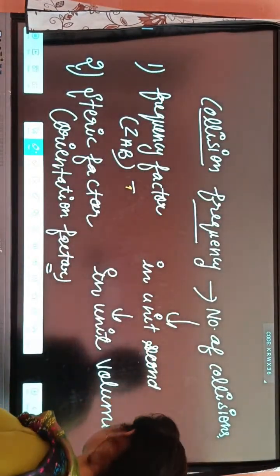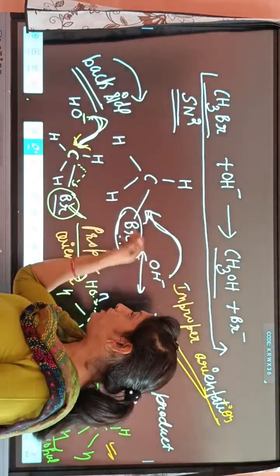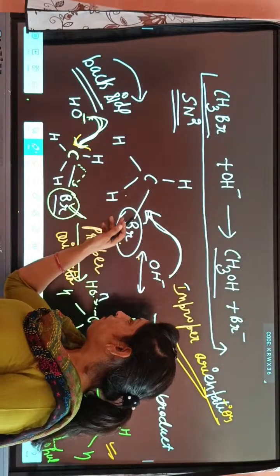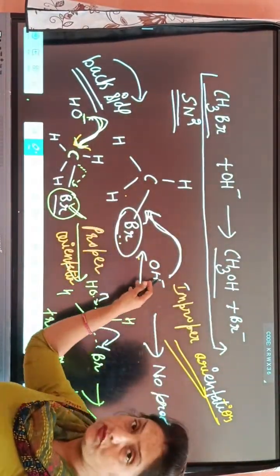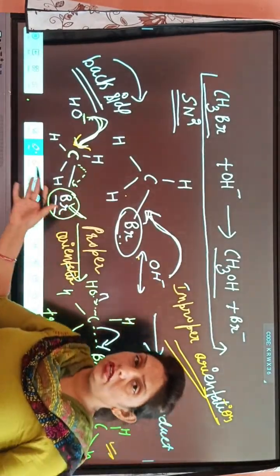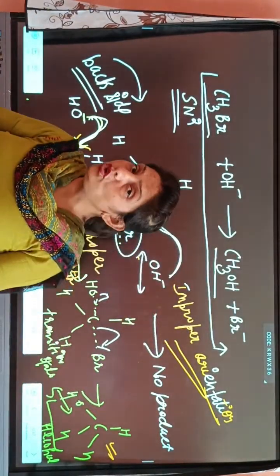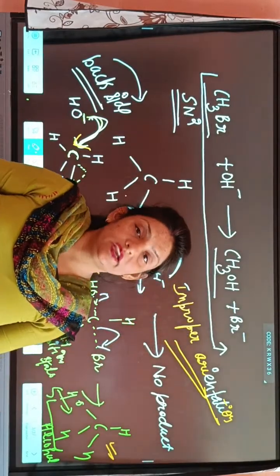If you attack the hydroxide ion from the front side, you do not get the product. Why? Because this also has some negative character and that also has a negative sign, so they will repel one another, and they will not come closer to each other,